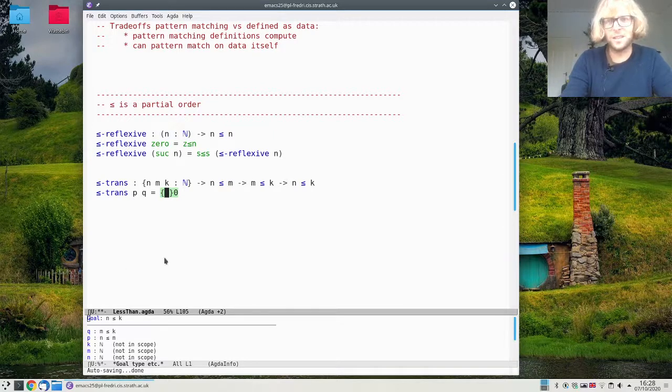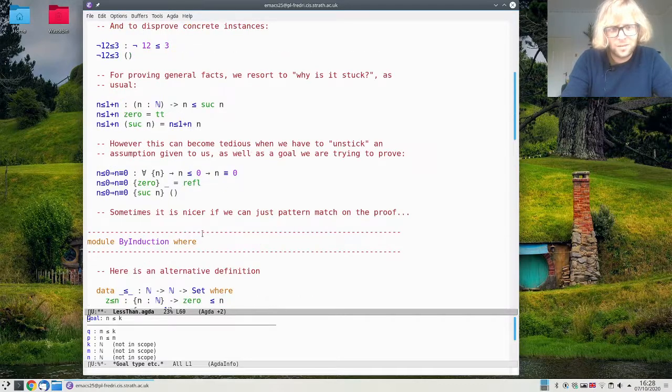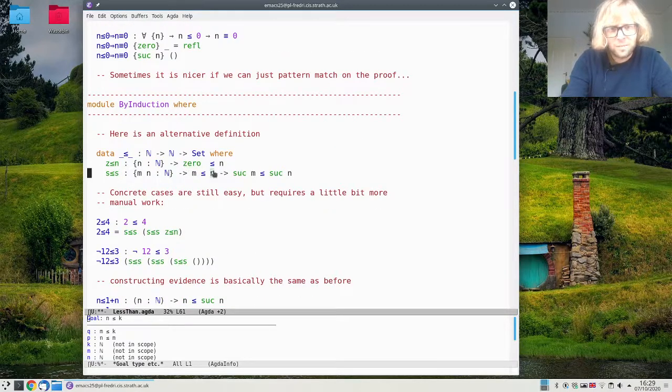It's going to be messy, and it might be worth taking a step back and trying again if you try to do these things and it doesn't work out. So how do we think about this? Well, in the end, we want to show that n is smaller than k. Okay, and this thing kind of makes a distinction on the lower number if it's 0 or a successor, right? So it makes sense that we want to make a difference on the lower number,